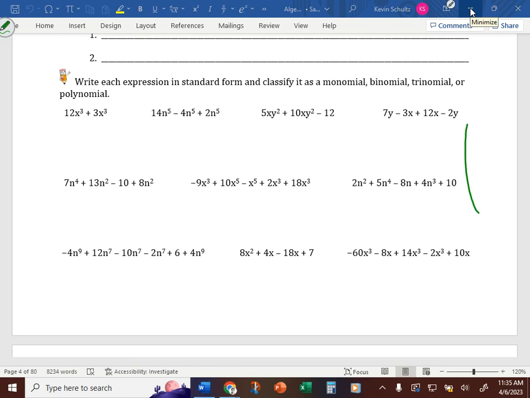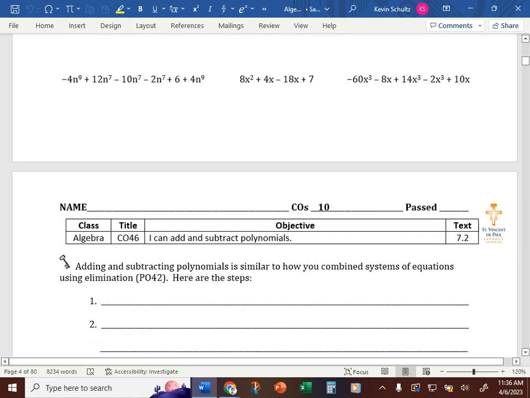Algebra, we are actually going over, if I can get to the right page here, CO46. And this is going to be the first,